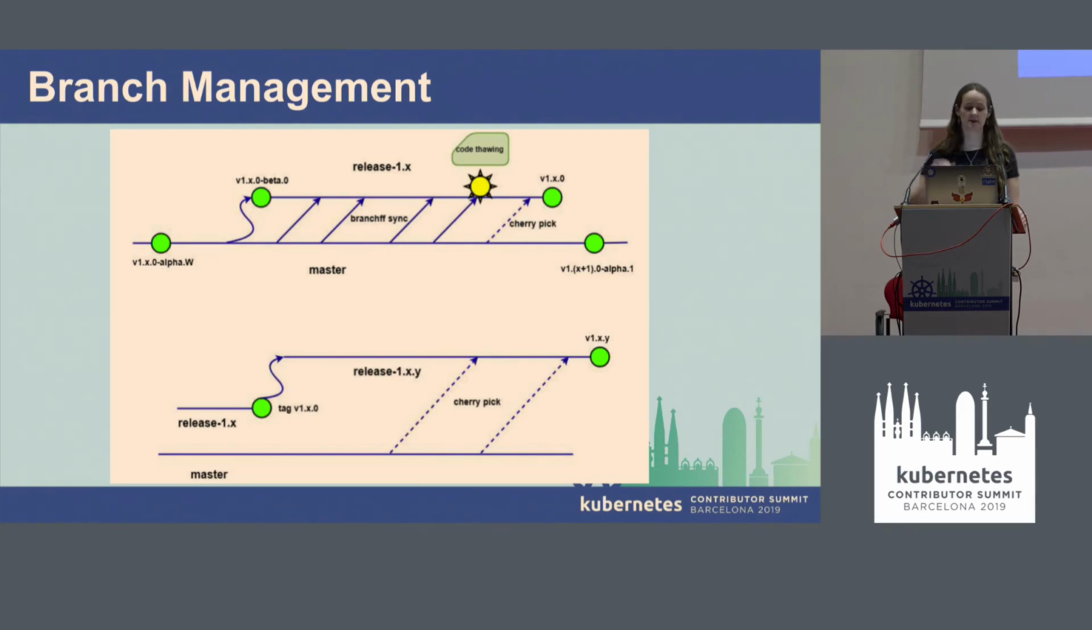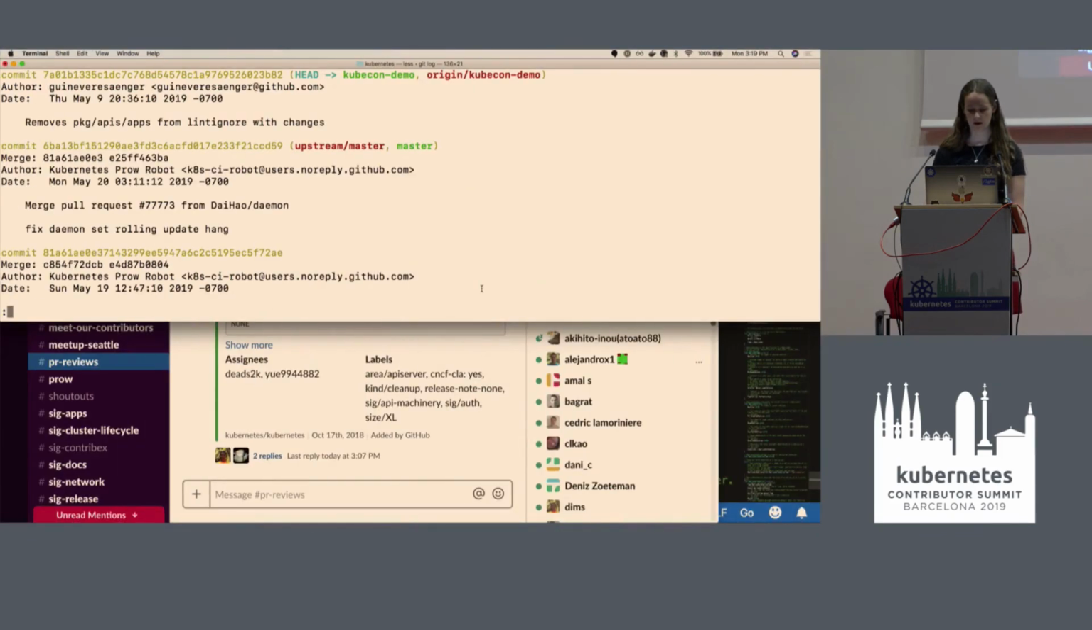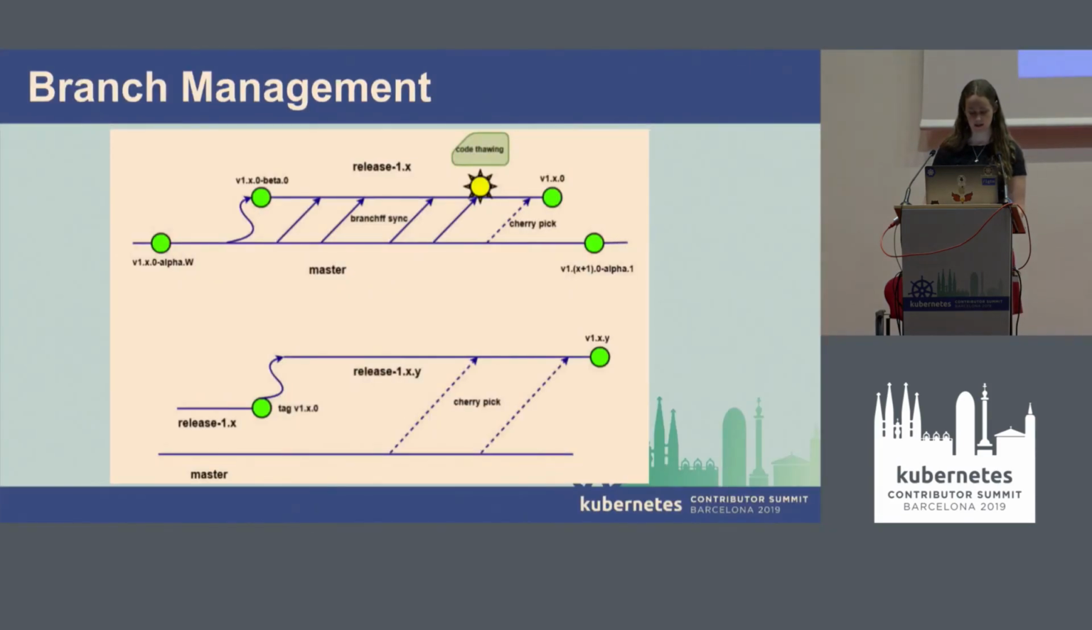So this is a little bit of a demo of a graphic for branch management. There is an entire team, the patch release team, that determines after the main release has been cut, which patches make it into which version. And in fact, what you saw on Kubernetes,